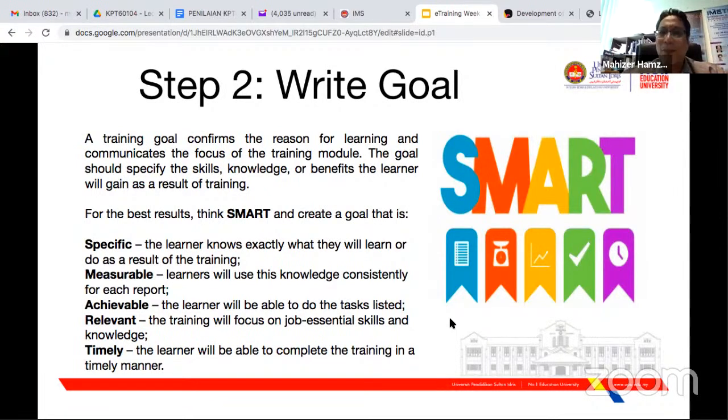But even modular based, we have to put a target at the end, before a maximum of how many years. For example, for those who are doing master's degrees, PhDs, even though the university will put a maximum of how many years. We don't have a student doing a PhD for 20 years, no. At least 6 years or 7 years, depending on universities. Some universities give 4 years only. More than 4 years, considered fail. Because there must be a time frame. Otherwise nanti kan belajar terlampau lama tapi tidak habis-habis.